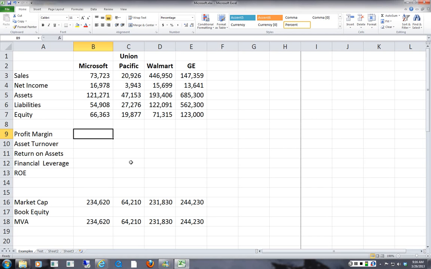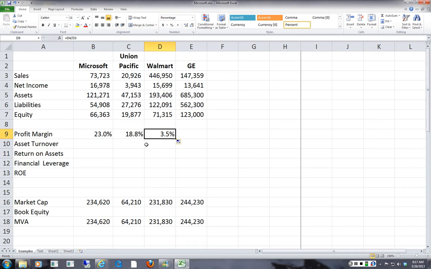So we'll start with the profit margin, which is net income divided by sales. Let's do that here, and we get 23% for Microsoft. That's really very good, isn't it? Union Pacific is 18.8%. That's better than it was when I was with them. But look at this. Walmart is only